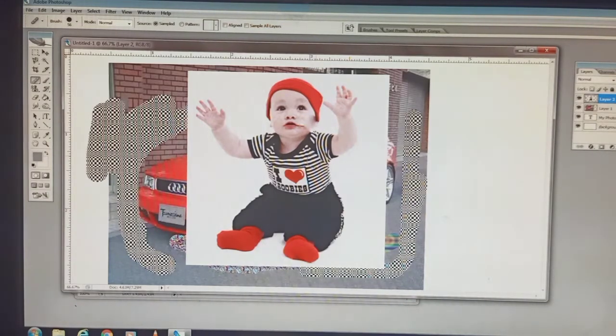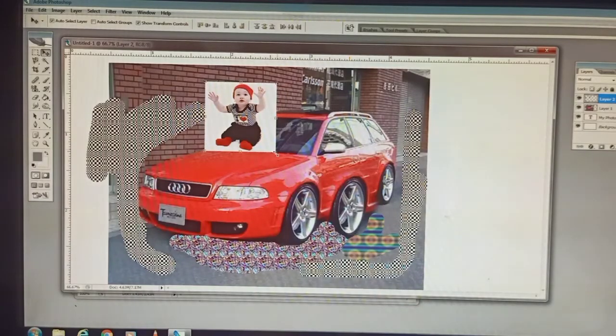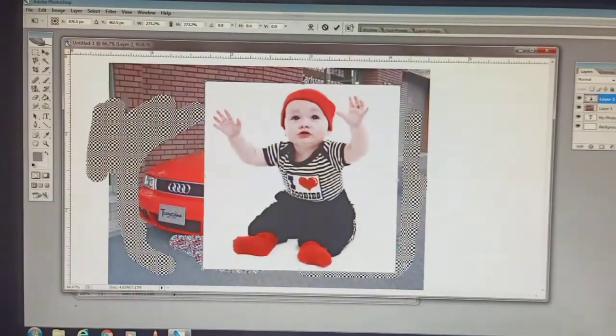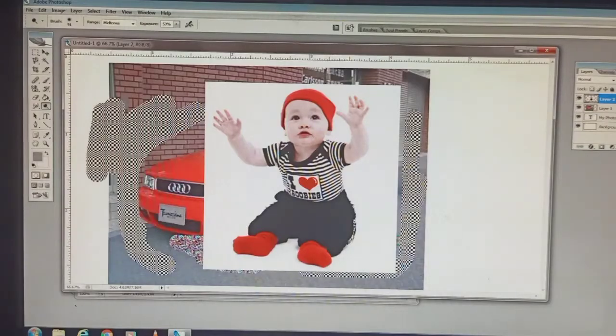Dodge tool. Suppose first we'll remove this part. We will increase it, we'll increase the size. Then the dodge tool we will take. Right click, here it is, the dodge tool. Take it. We will increase its size. It will lighten the pixels. Suppose this pixel part I want to lighten. You see a little bit it will lighten in color. Earlier it was dark, now it is coming in light color. And in a similar way, right click and the burn tool.